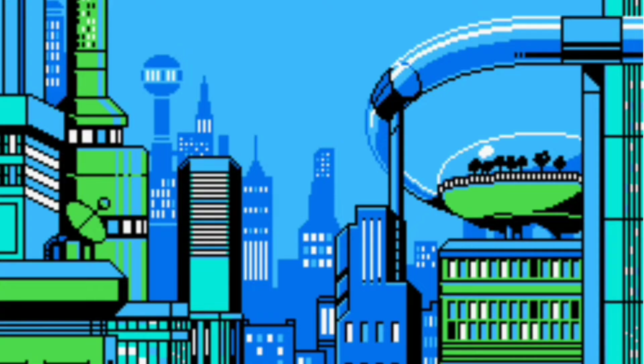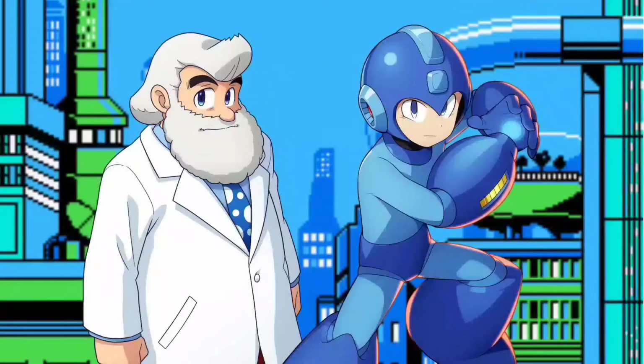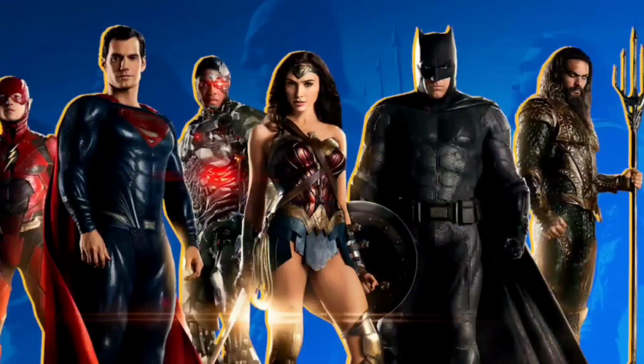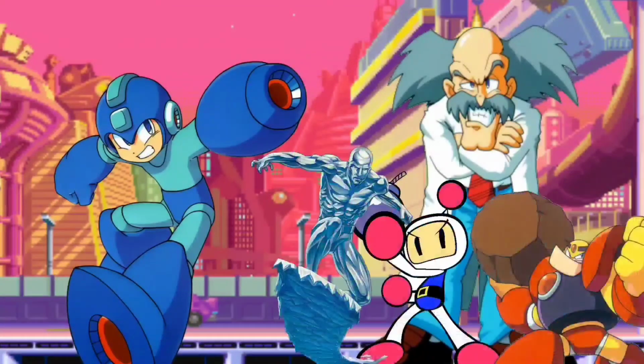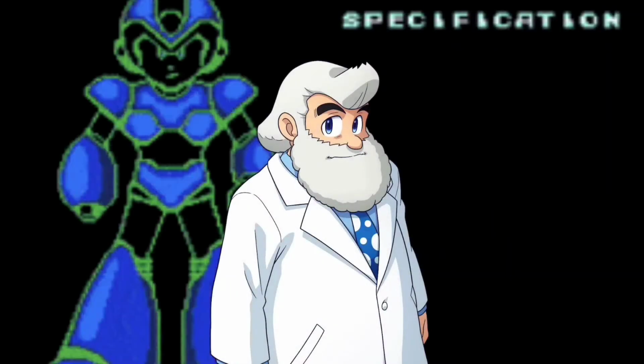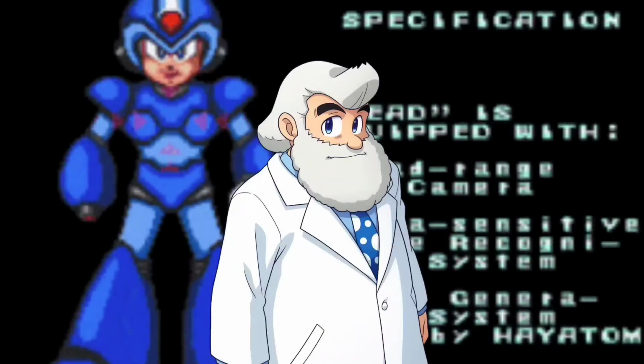Okay, so back in 20XX, there lived a scientist named Dr. Thomas Light, and he created the original Mega Man who fought for justice and stuff, you know, typical hero stuff. And then there was his enemy, Dr. Wily, who created a bunch of robots that try to battle Mega Man. And that's important because later on, Dr. Thomas Light is inventing a new robot who he'll probably not see live, because